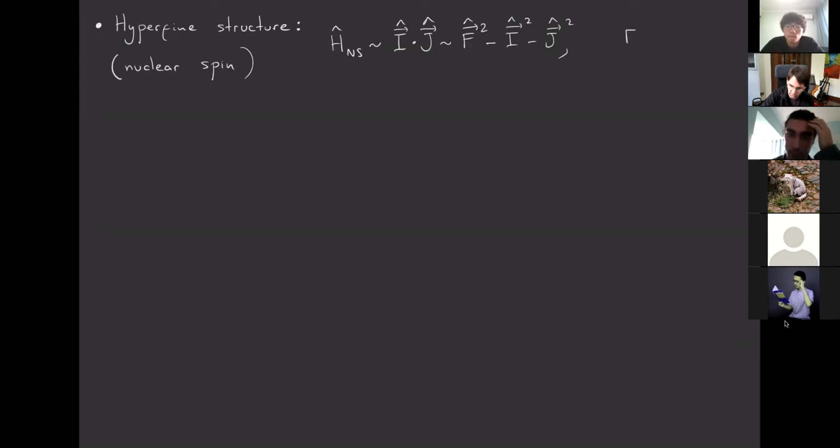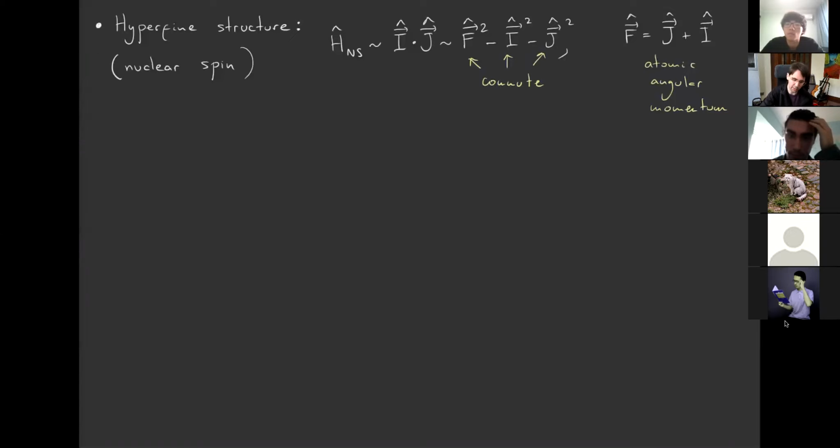And this F is just the total angular momentum of the atom, which is just J plus I. Okay, so we call this atomic angular momentum. And again, the trick is similar to what we did before, because F square, I square, and J square, they all commute,